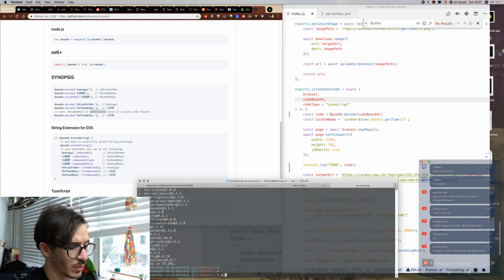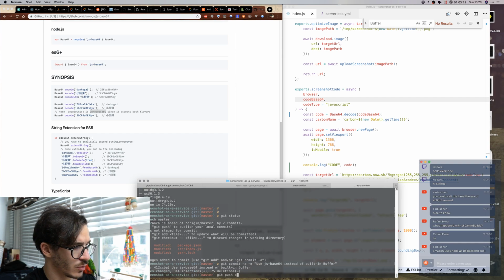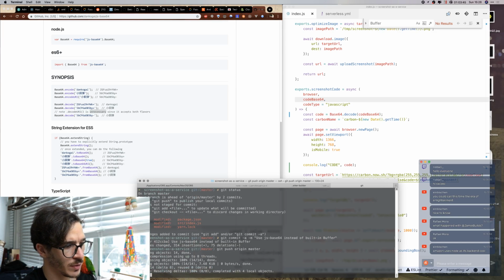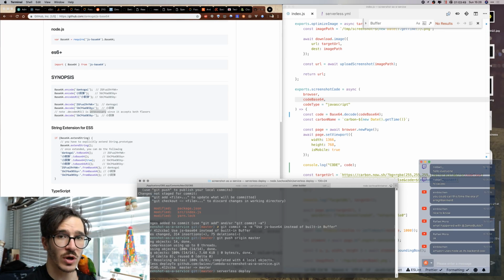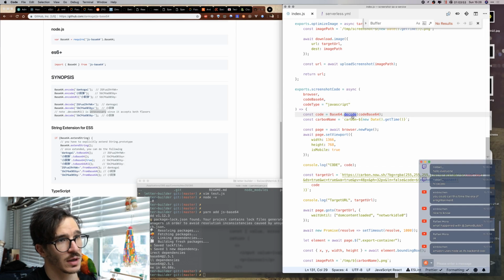Now we're going to deploy it. So git status, git commit -a -m, use js-base64 instead of built-in Buffer, git push origin master, and we run serverless deploy. Then while the deploy is running, we can go into the other project, which is the front end, and start